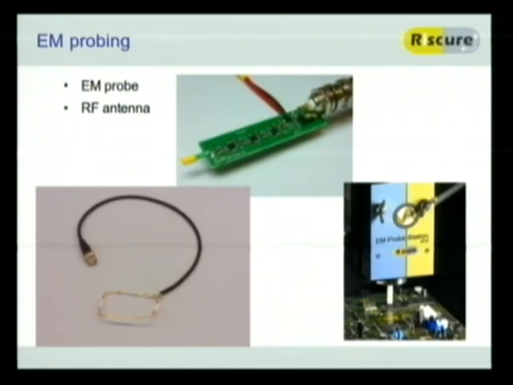You can actually just put this in between your contactless card and your reader. And on the other end, you just connect it to the oscilloscope, and then you can measure what the field is doing there. Now, what we typically see is that this is nice. I mean, it's a cool experiment.